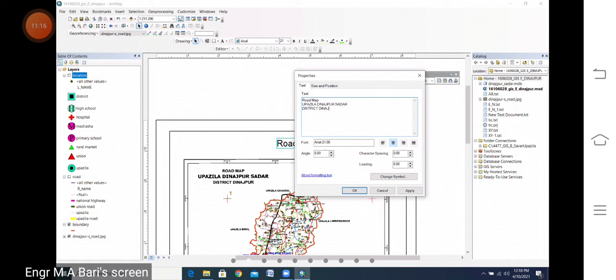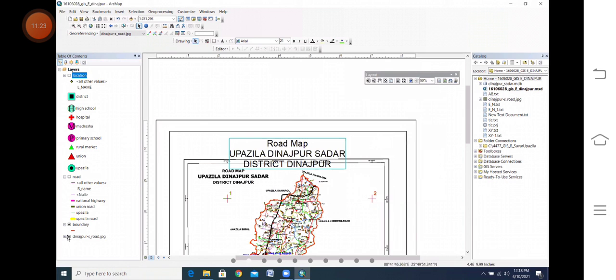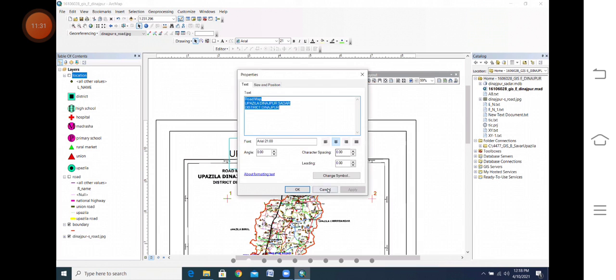After that, just okay it. Then it will come. If you uncheck it, the title is here. If you want to edit it, double click it. Then you need to change symbol.